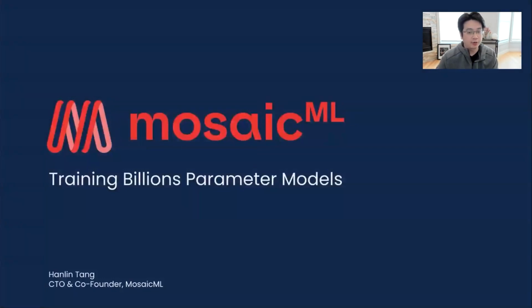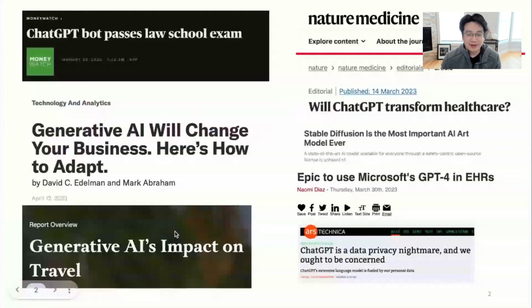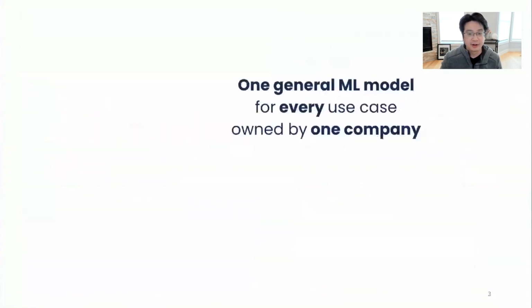Today I'll be talking through what it takes to train billions of parameter large language models that have become all the rage in the last few months. As we've seen in the news, generative AI in the form of large language models and chatbots have become extremely popular in many different applications throughout the ecosystem. One dominant narrative that has come out very early on is that these models are so difficult to train yourself, and therefore, only a few foundational models will really exist out there.